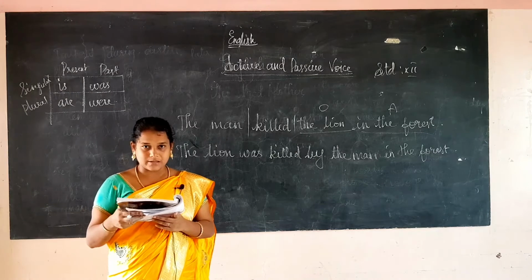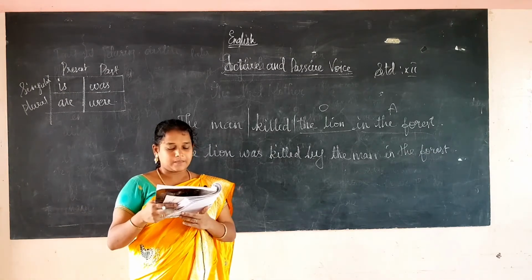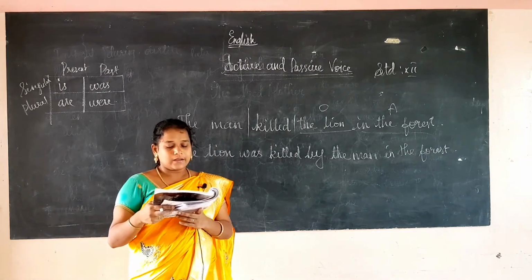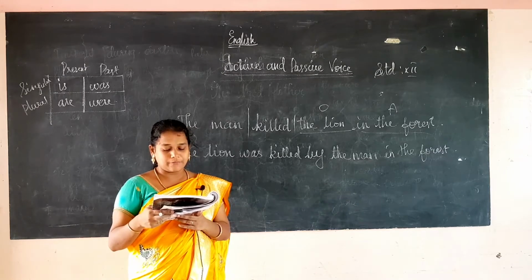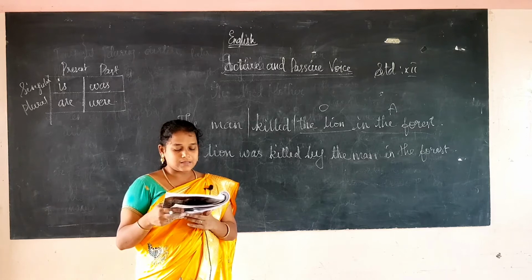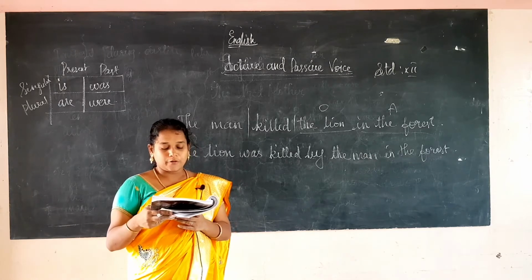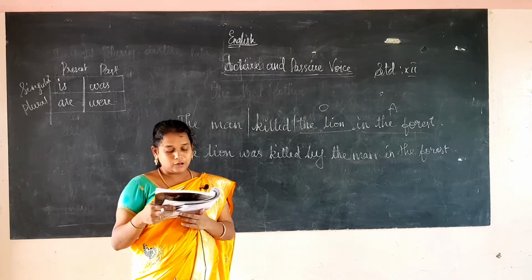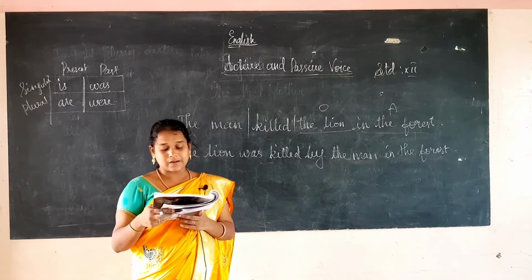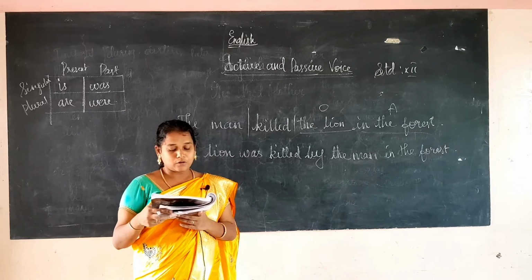To be completed, to be finished. Okay. That is the thing. Then in some cases, everyone, they, people, someone, nobody, somebody, everybody, etc. can change the sentence into passive. For example, they distributed the prizes at the end of the function. So, the prizes were distributed at the end of the function.